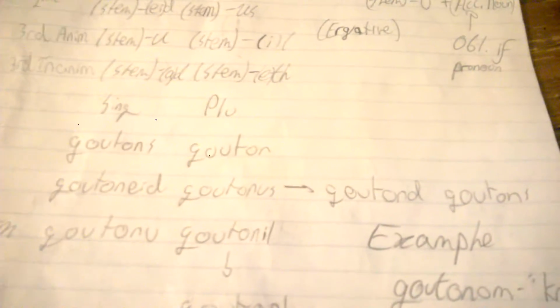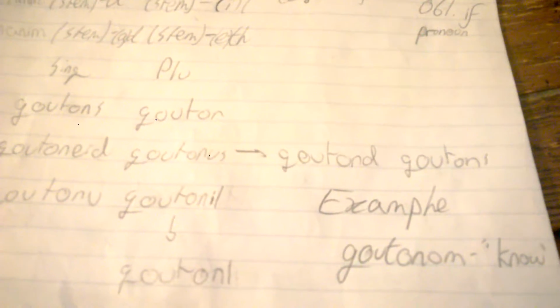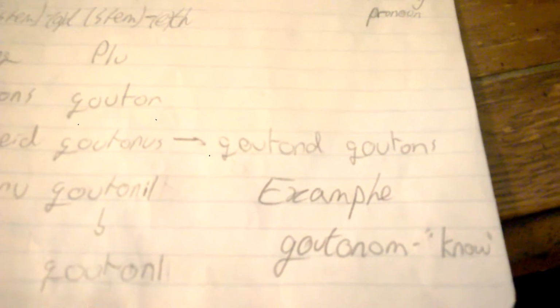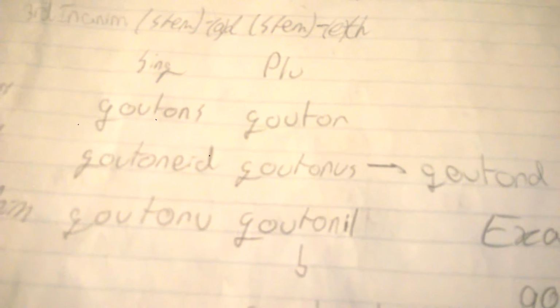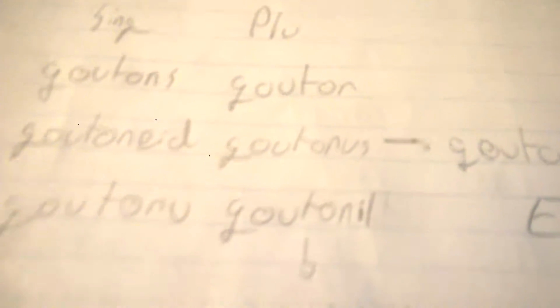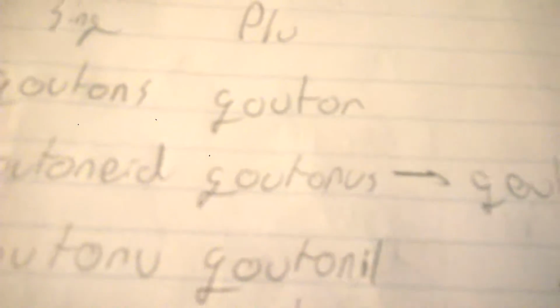I accidentally, last episode, conjugated the verb gutonom, which means to know, into the third person animated plural form actually as the inanimate form. So instead of if, it is going to be ill. And then I also added some of the reductions to it. So you see, id becomes just guton, nid becomes just gutond, and then gutonos just becomes gutons. Anyway,